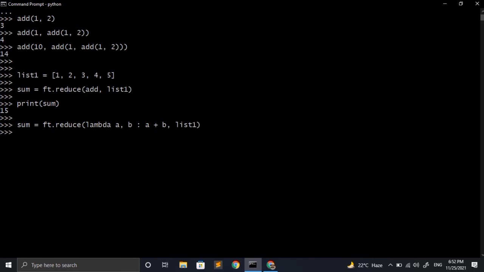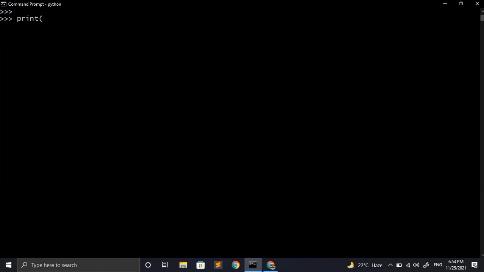On executing, the sum will be stored in the sum variable and after that we just have to print it using the print function. To achieve the same thing in a single line, we can directly call the print function and inside that we can write the same thing from the reduce function. So here actually it will eliminate the sum variable. We can also use it with filter, map or any other thing. So here is a very small demonstration.